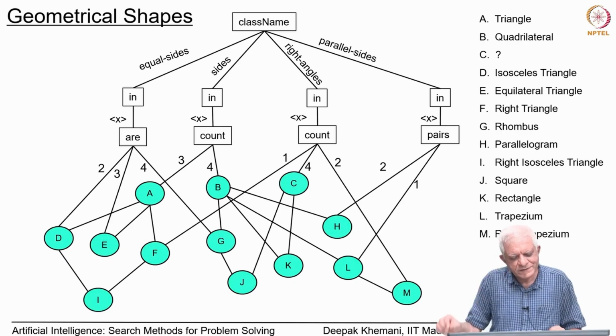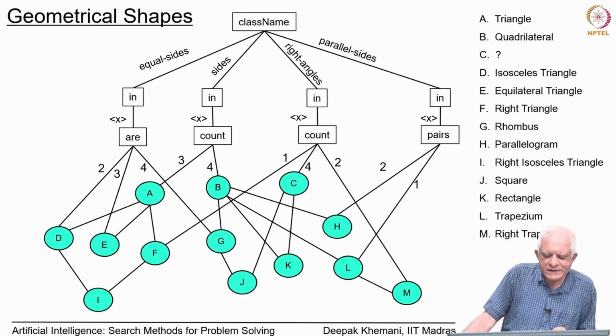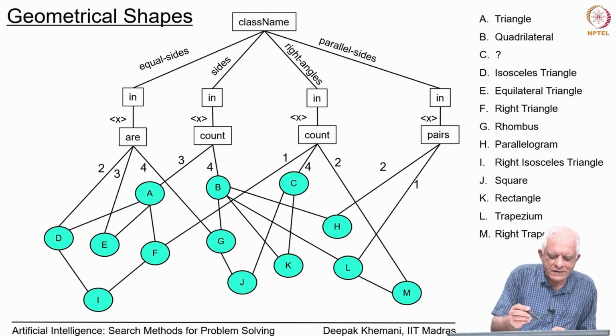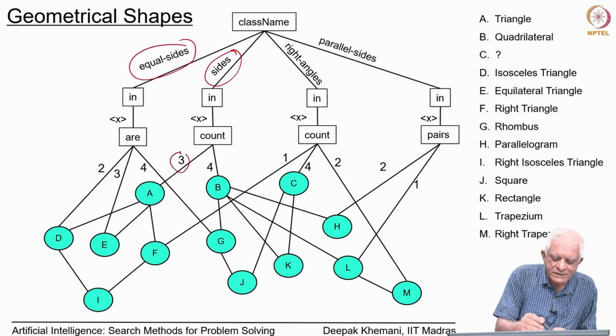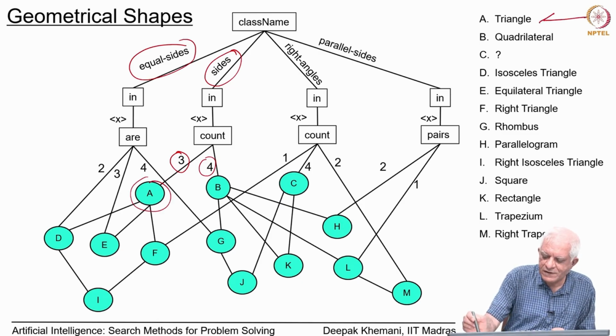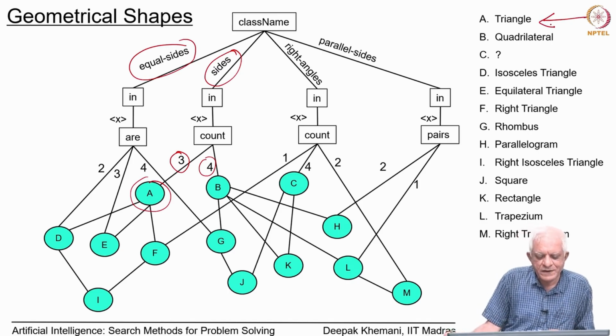Here is another classification problem for geometric shapes, and the attributes that we are looking at are how many sides in a shape are equal, how many sides are there to start with. So, we are looking at figures with 3 sides and figures with 4 sides. As you can imagine, figures with 3 sides are triangles. So, you can see that A refers to a triangle. It is enough to say that something is a triangle if it has 3 sides,